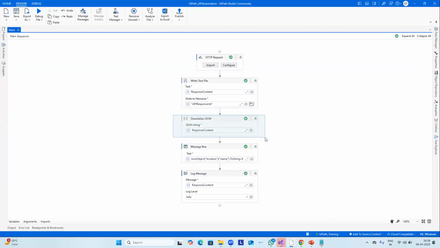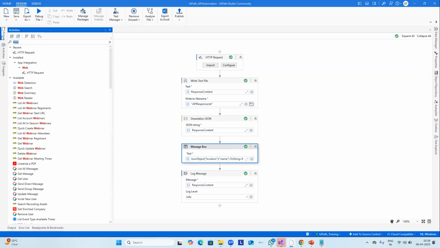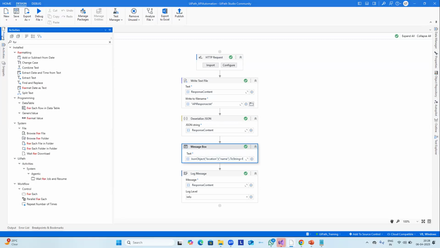Always remember that you need a deserialize JSON activity to convert the plain textual format of the JSON string into the JSON object. Then only can you loop through the JSON as well. Basically, you have a for loop over here. If you search over here for it, you can see for each folder, for each browse file,